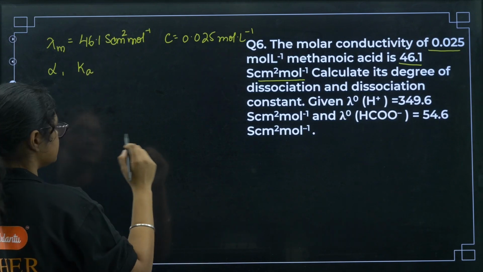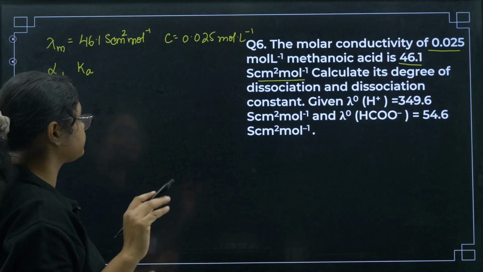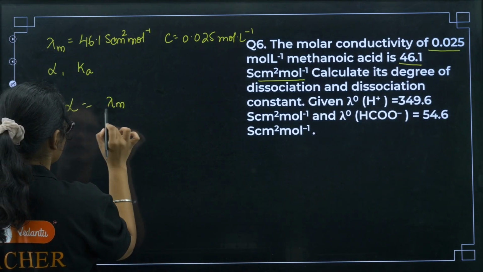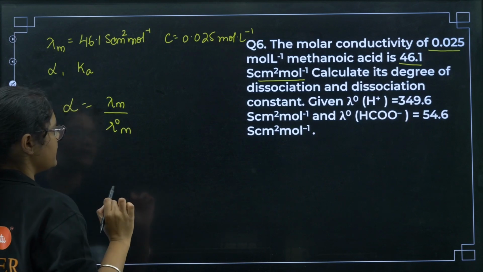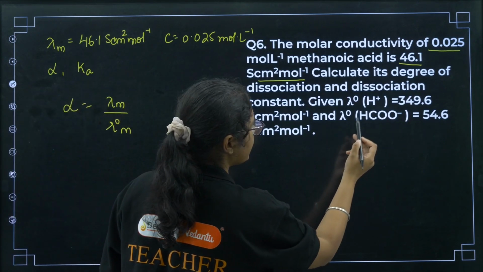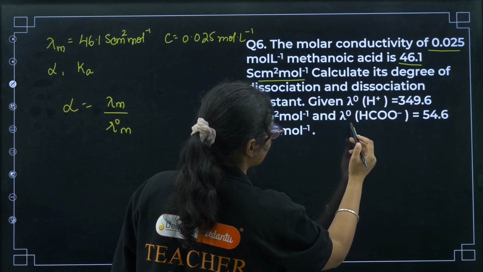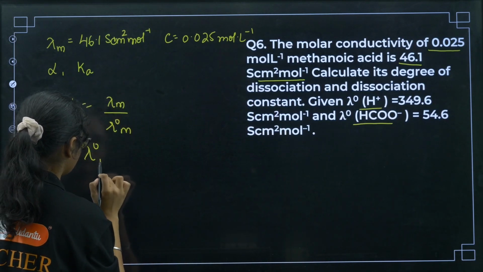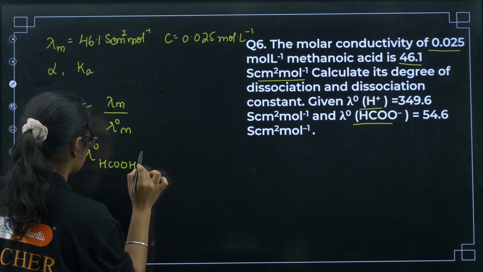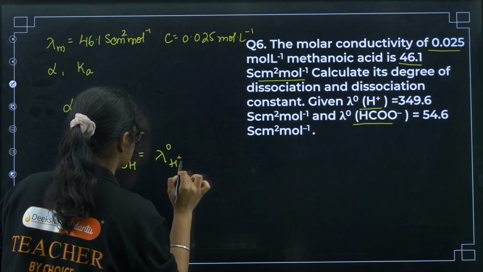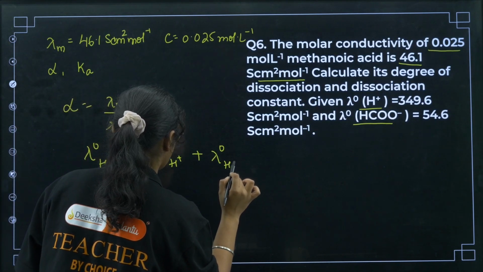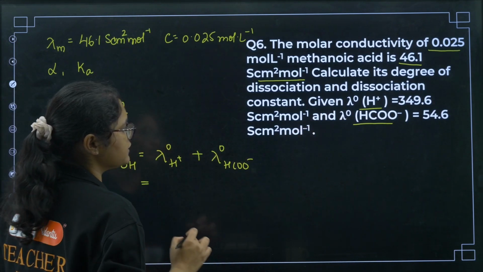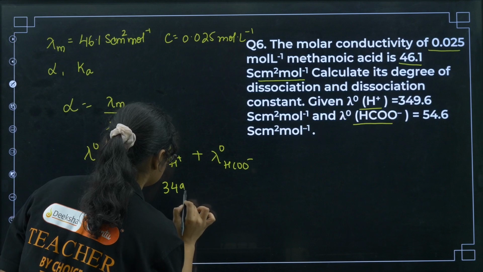So let us now do, first we need alpha. For that, the alpha value is lambda m by lambda naught m, if you know the formula. So what is the lambda naught m formula? H plus and HCOO minus, so you have to just add these two. So lambda naught m of HCOOH is lambda of H plus plus lambda of HCOO minus, and H plus is 349.6 and